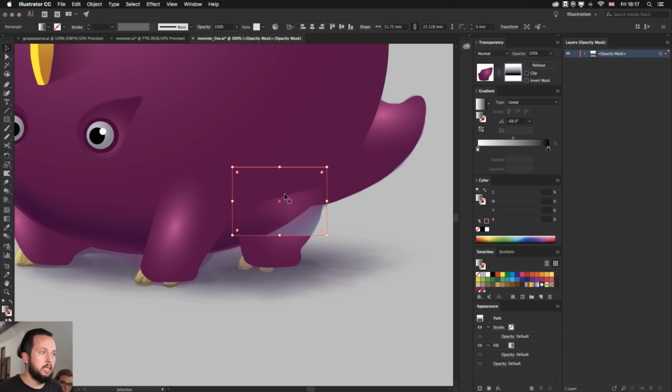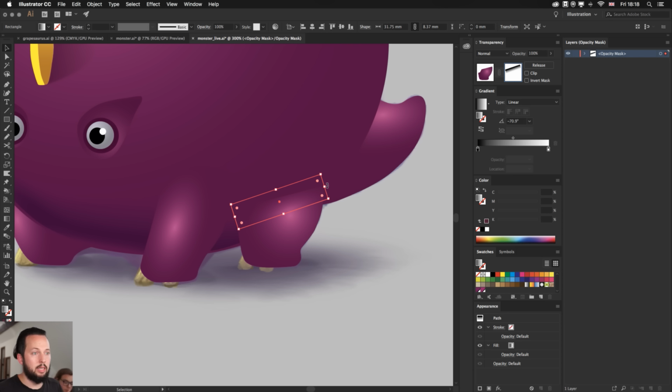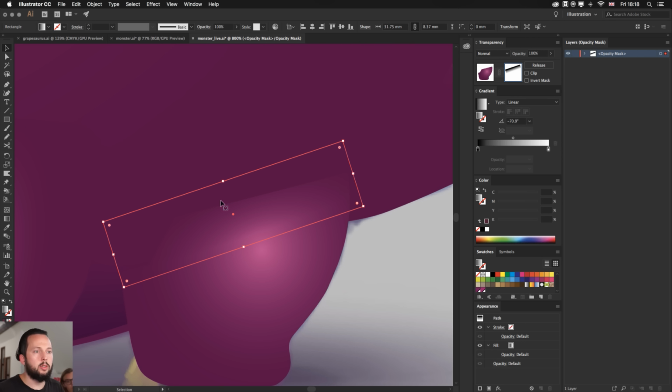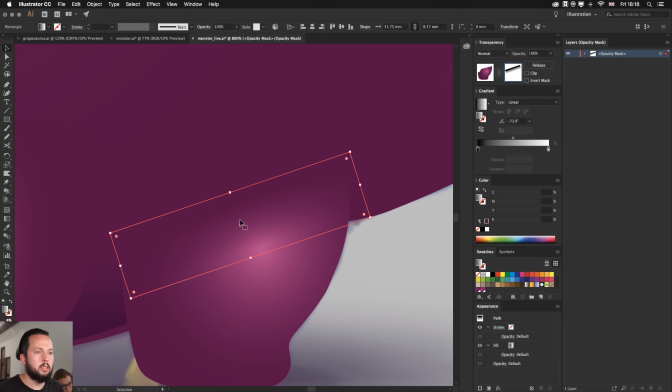And most importantly, in this case, I want to reverse this gradient. So the way it works is that anything that's black is going to be hidden, anything that's white is going to be visible. So in this case, it needs to be just a very subtle transition from visible to non-visible or hidden details. So if I zoom closer, you will see what this opacity mask can do to transition from visible to hidden.